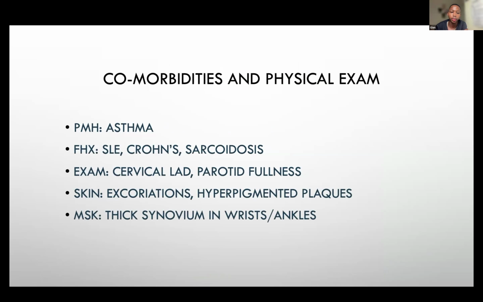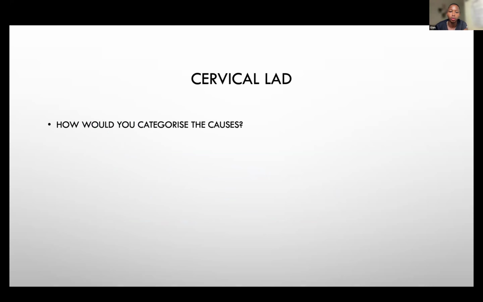So going back to the patient, had a past medical history of asthma, past family history of SLE, Crohn's disease, and sarcoidosis. On examination, had cervical lymphadenopathy, parotid fullness, the skin had excoriation and hyperpigmented plaques. On the musculoskeletal system, there's some thick synovium in the wrist and the ankles. So on the cervical lymphadenopathy,